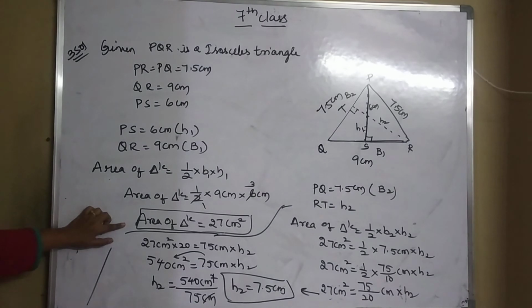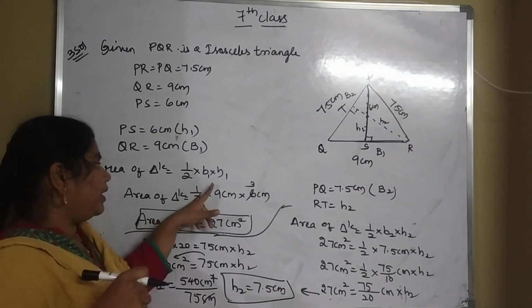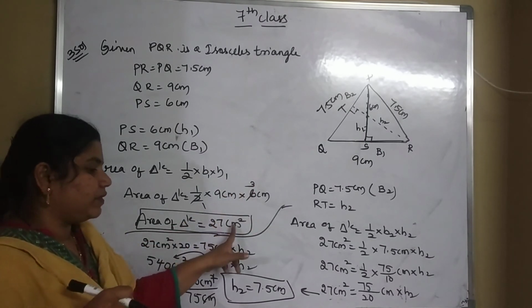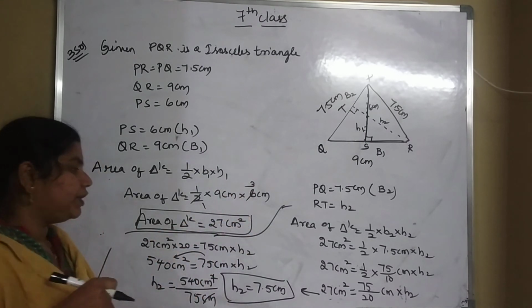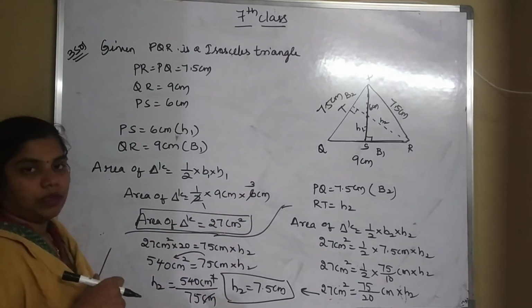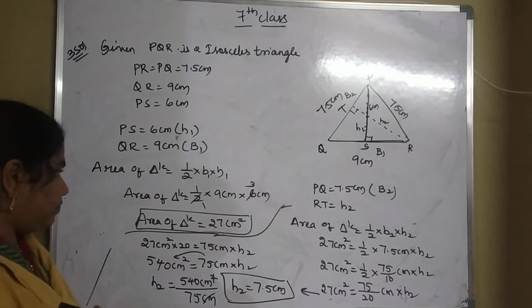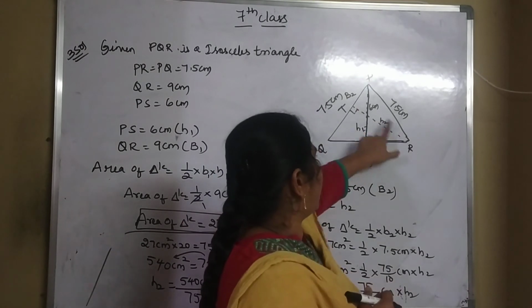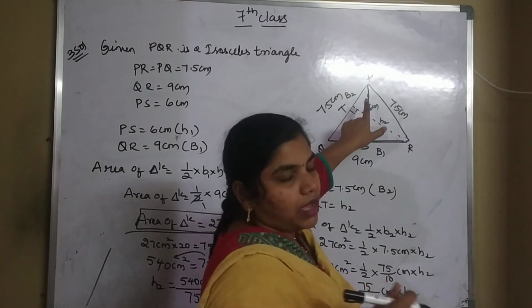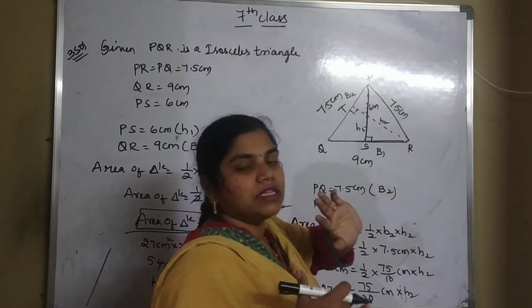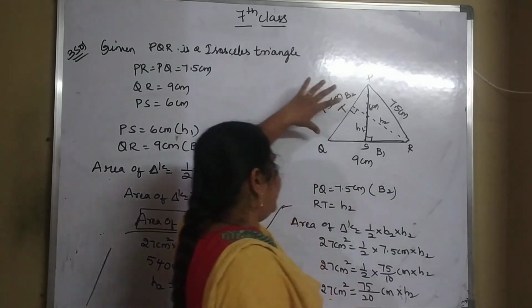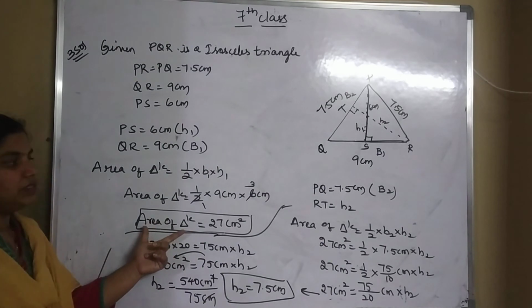So area of a triangle is how much? That is half into base into height. So 2 1s are 2, 2 3s are 6, 9 3s are 27 centimeter square. So you got area of a triangle as 27 centimeter square. Now we have to find this height too. So how to find this height 2? So for finding height 2 value, you want area as well as base 2 value. So base 2 value we know and area also we know, that is 27 centimeters square.